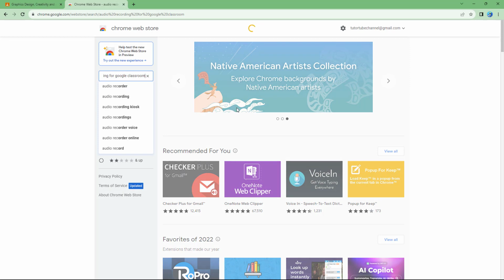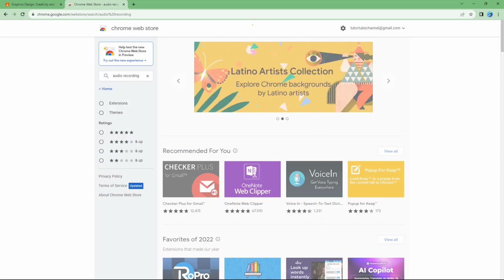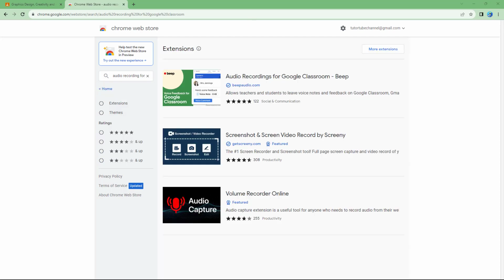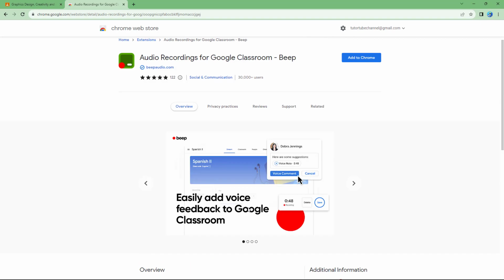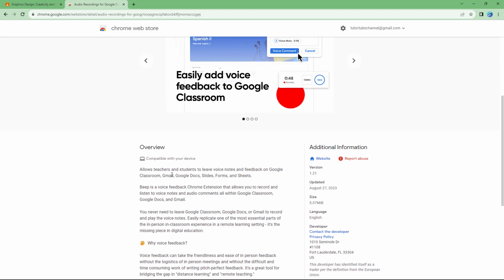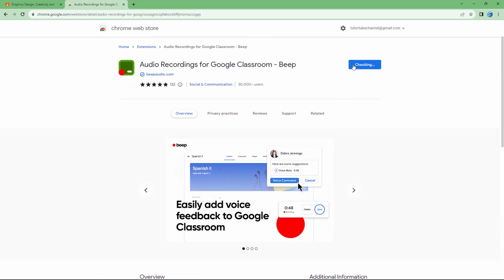Once you do that, it searches for this particular extension. You can see that it is searching, and then this is the result, as you can see: Audio Recording for Google Classroom. If I click on this, it says easily add voice feedback to Google Classroom. And this works with other G Suite applications as well, like Gmail, Google Docs, Slides, Forms, and Sheets. So let me click on add to Chrome and click on add